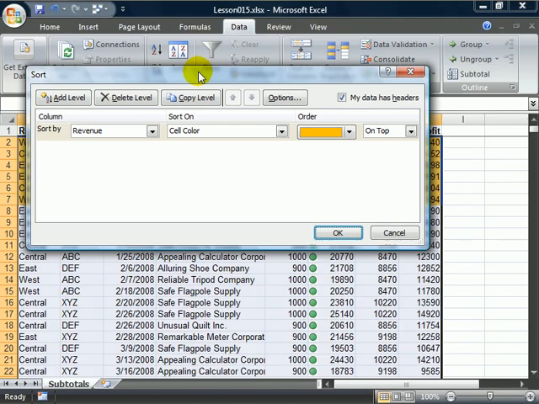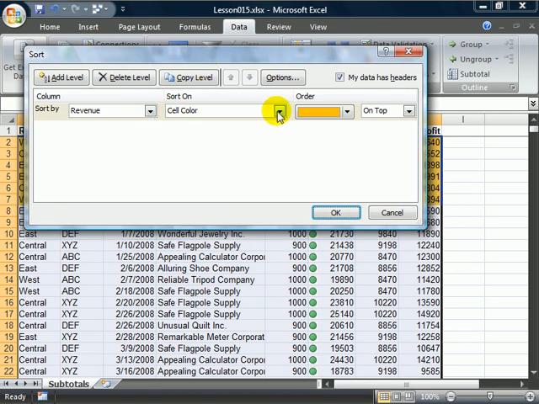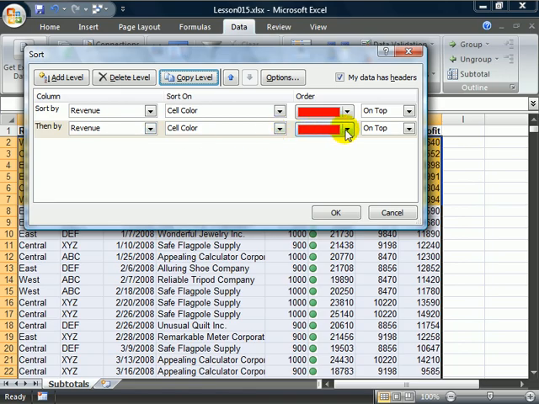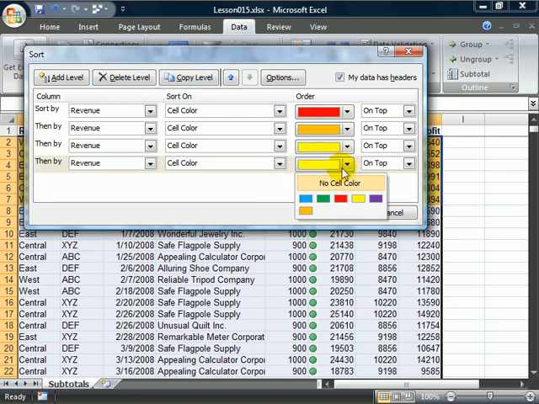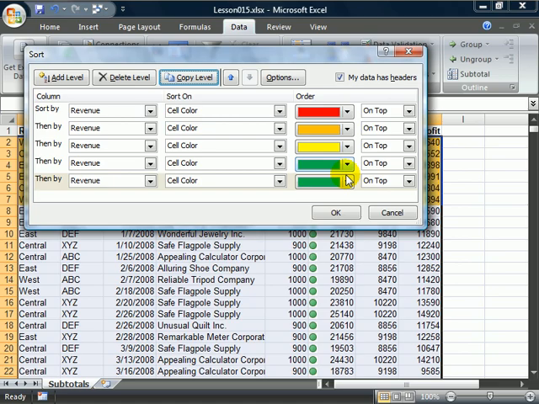So let's say that we want to sort by revenue, and instead of sorting on values, we're going to sort on cell color and say that we want the red on top. Now, next I want to specify the second color. So rather than building a new level, I'm going to copy this level. Sort on cell color, orange next, copy the level, yellow, green, blue,